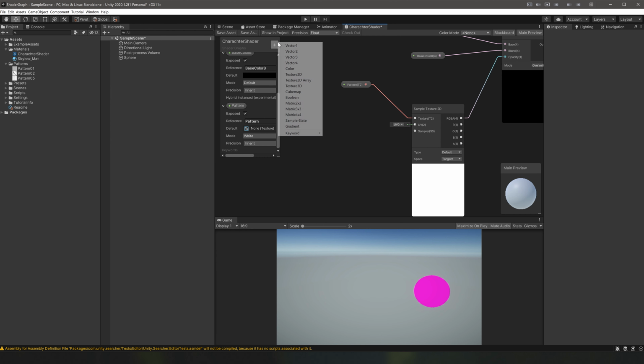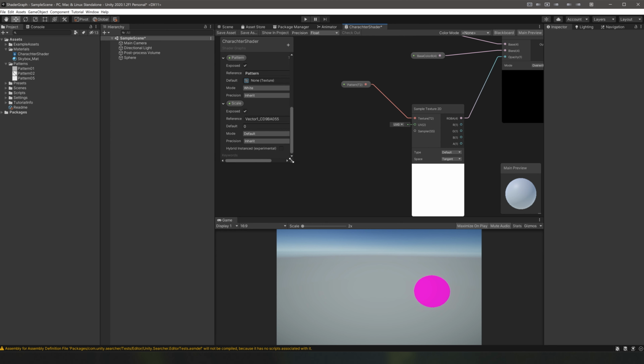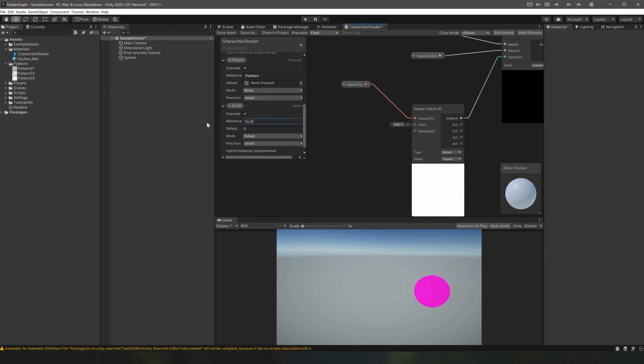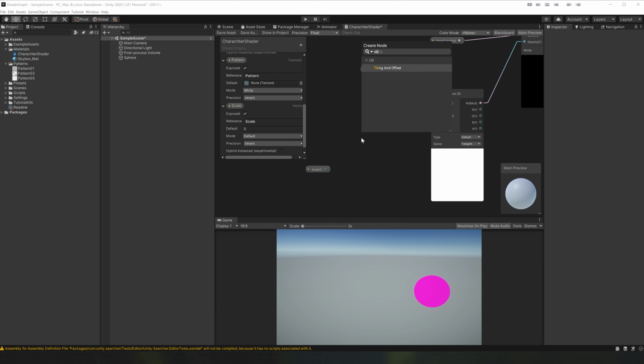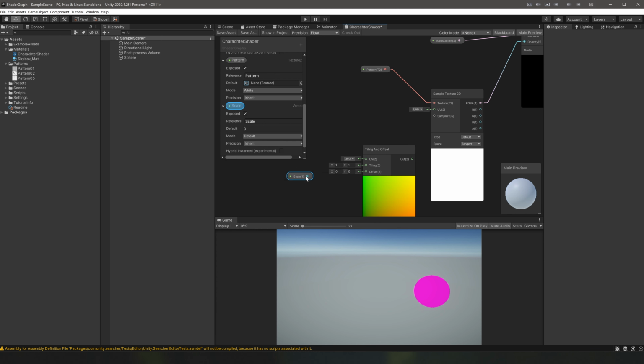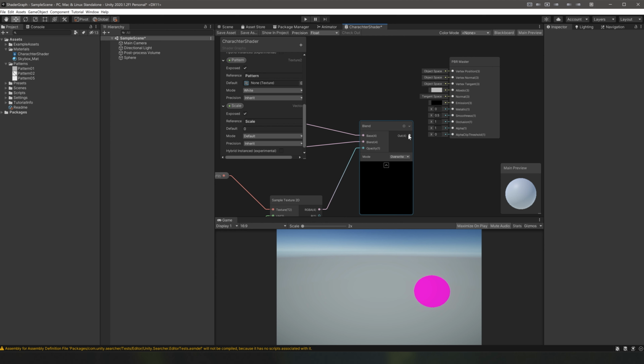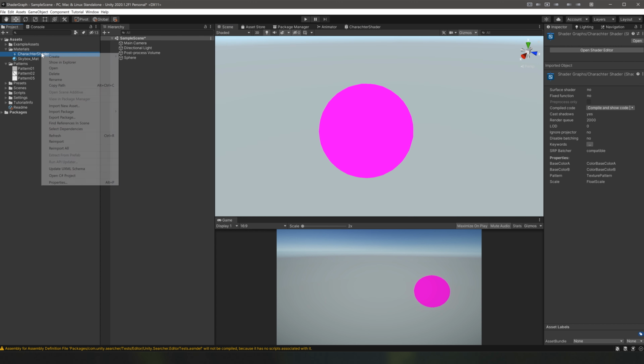We're just missing a couple extra things, so I wanna create a vector one and call it scale. That's gonna let us change the scale of your texture at runtime, because you know some textures might look nice, some might look too small or too big, so you need some sort of value. The only node missing is tiling and offset, so you need to connect your scale to the tiling value and connect that to the sample texture 2D. Finally, connect everything together to the albedo, and your shader is ready to be applied to your object, character, sphere,